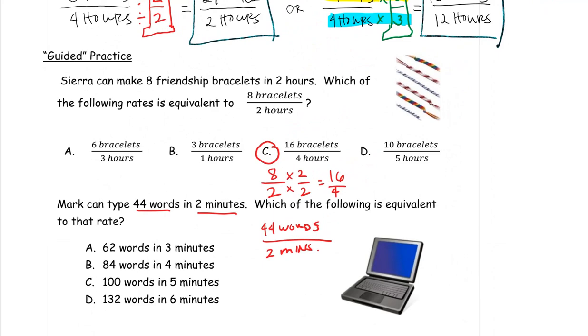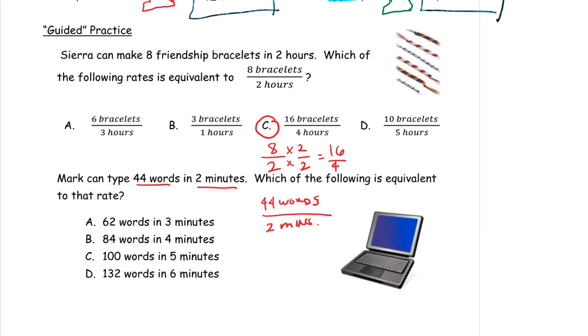So to find the answer of that, well, 62 words in 3 minutes. Well, I don't know what number. Would you multiply or divide by the 44/2 to give you that? For letter B, well, for letter B, so if we're gonna go over this one by one,